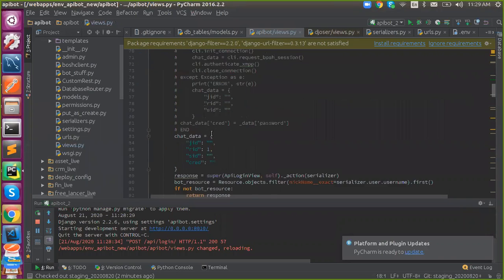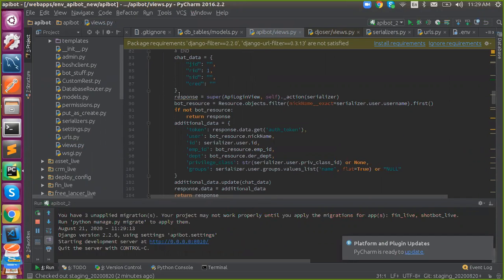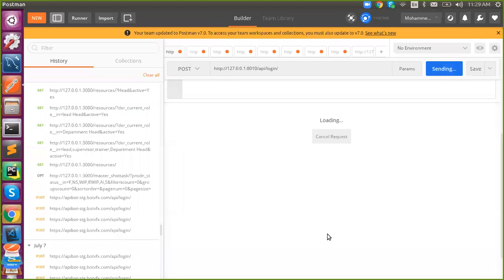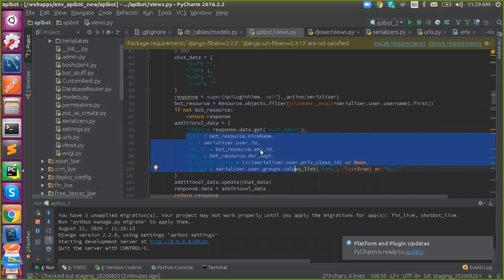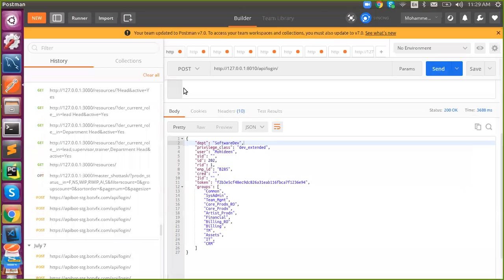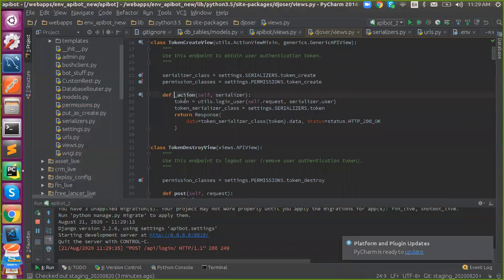So with the help of that, what happened? I'm actually executing the super class method. I'm getting the response. In the response, I'm adding a topping on top of it. With the authentication token, I'm adding a few more pieces of information on top of it. So I will get who actually logged in, etc. So what is the purpose of super? Both my source and destination will work. With the help of super, the source is executed and my destination is also executed.